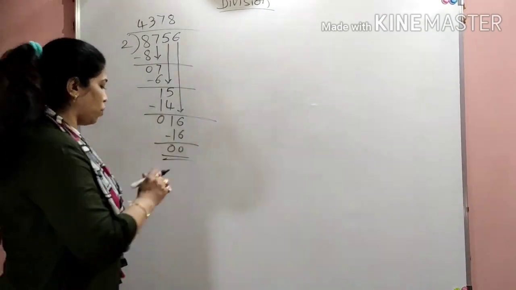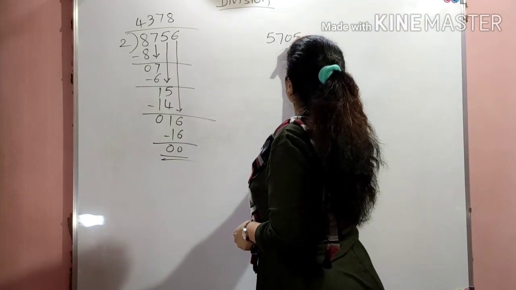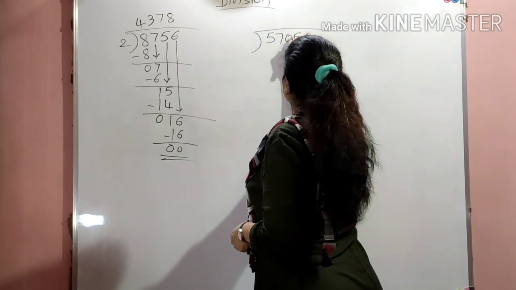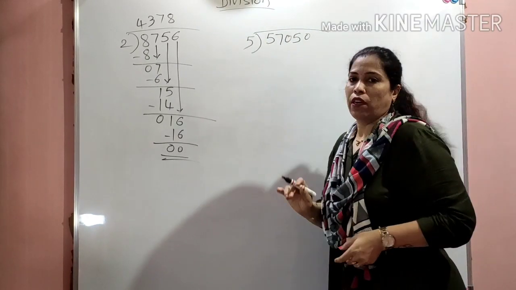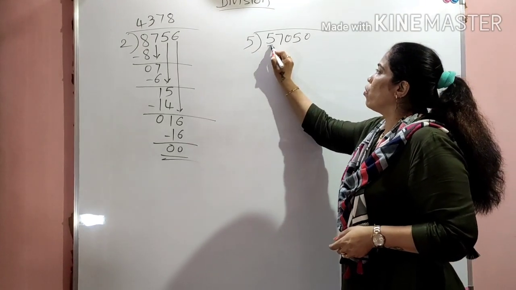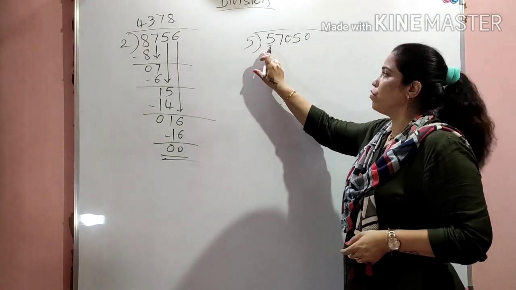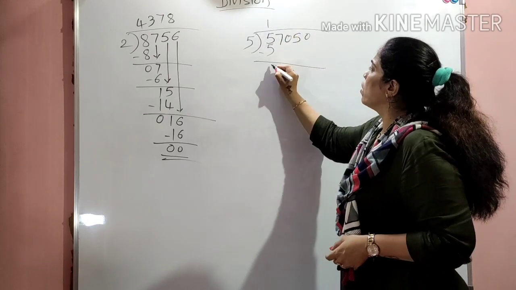5 digit. Now suppose I am taking a 5 digit number. Okay, see, 5 digit I have taken. Suppose I am taking here 5. I will divide with 5. Okay, so with a single digit we are going, 5 is coming again in the table of 5. So what will I do? 5 1s are 5 minus 0.